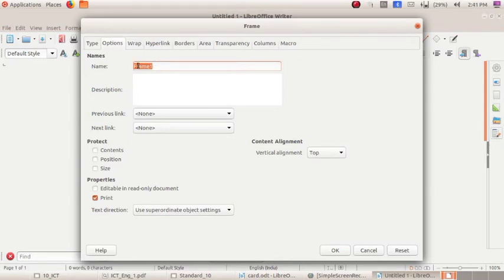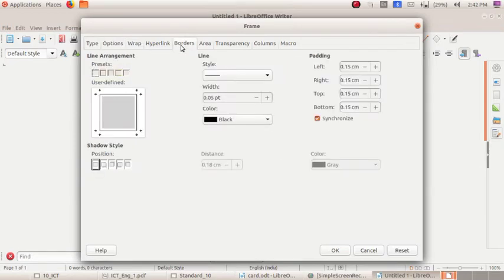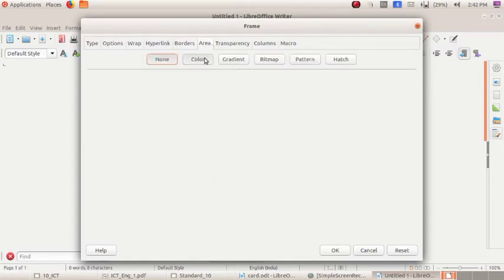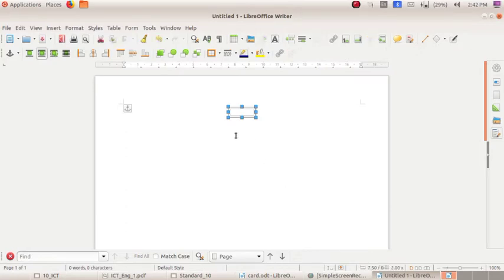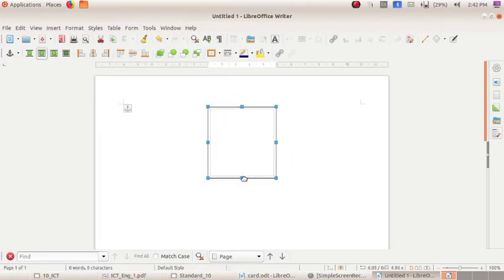You can give the name here, borders, then area. If you want to give any color, you can give that. Click on OK button. Now a frame is created here. You can increase or decrease the size like this.